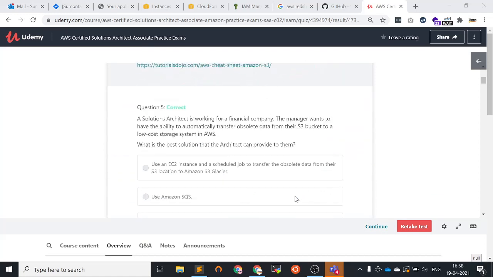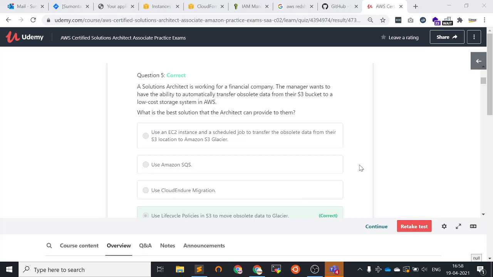Okay. Fifth question: a solutions architect is working for a financial company. The manager wants the ability to automatically transfer obsolete data from their S3 bucket to a low-cost storage system in AWS. Which would be the best solution the architect can provide?